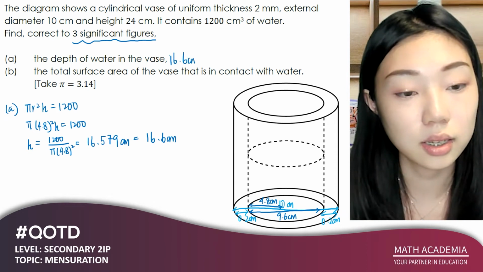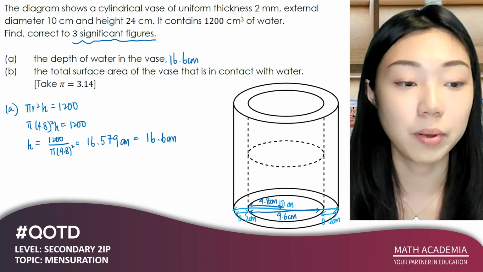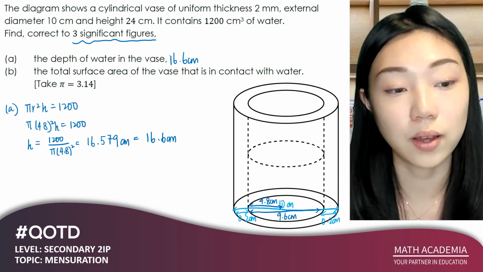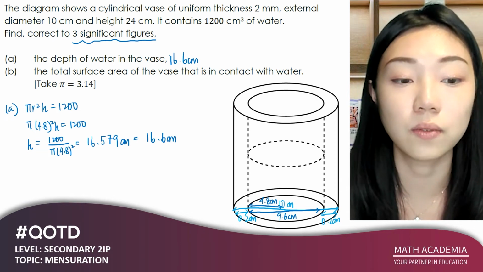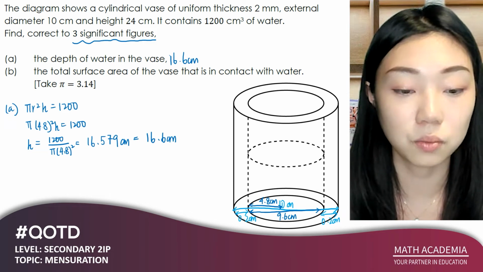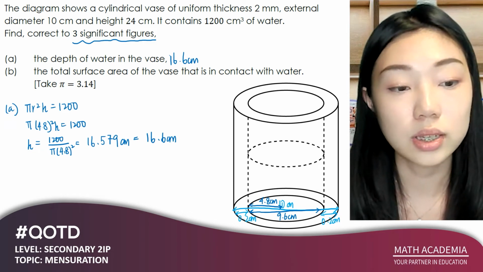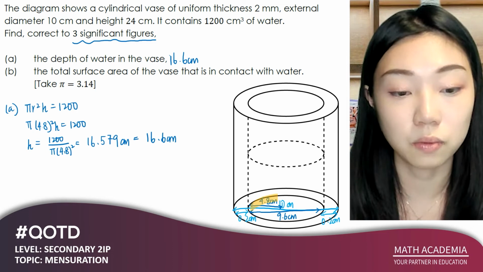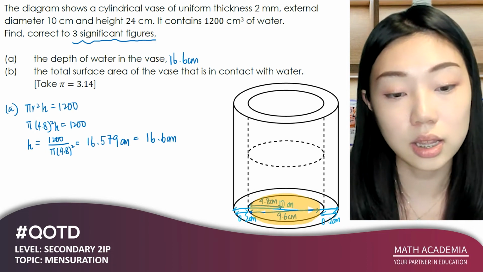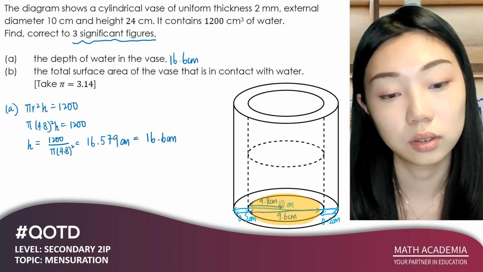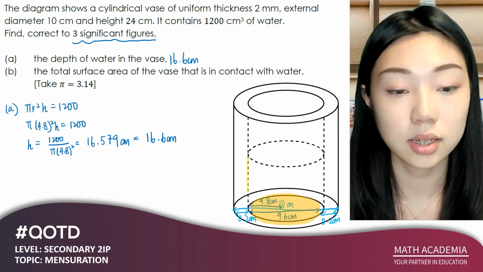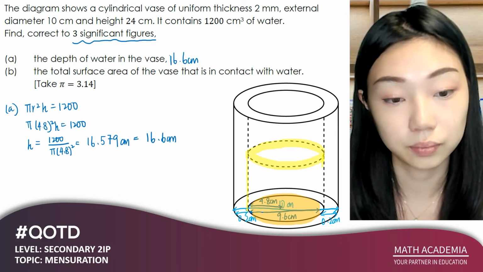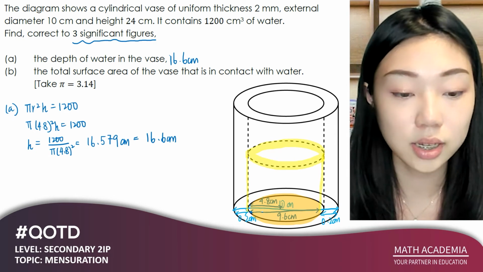All right. The next part of the question wants us to find the total surface area of the vase that is in contact with water. So the surface area of the vase in contact with water will be the inner circle at the base and the curved surface area here. All right, so the curved surface area